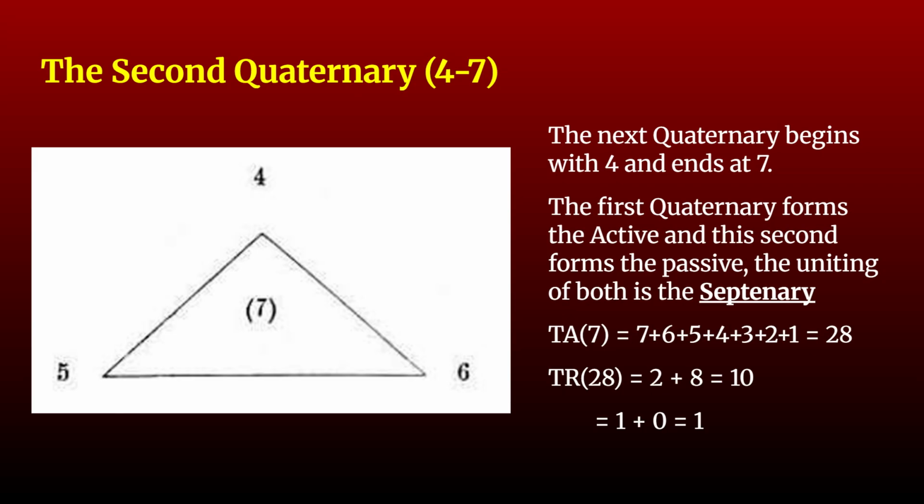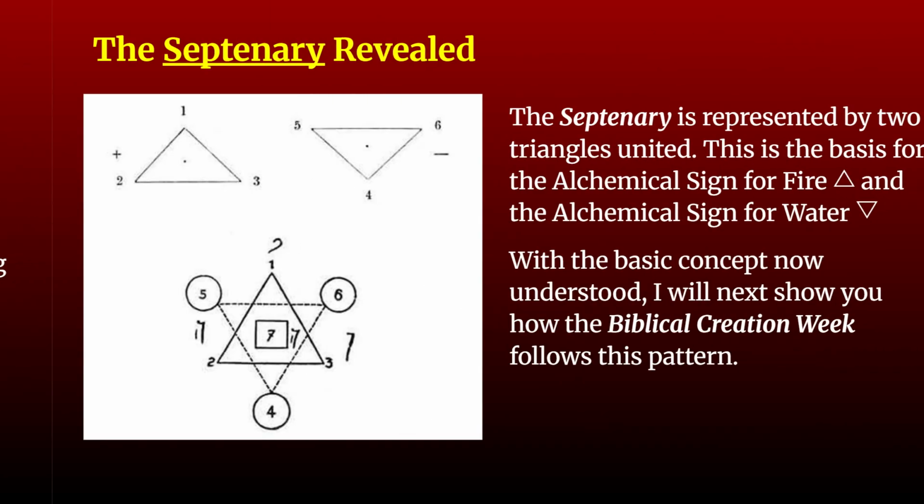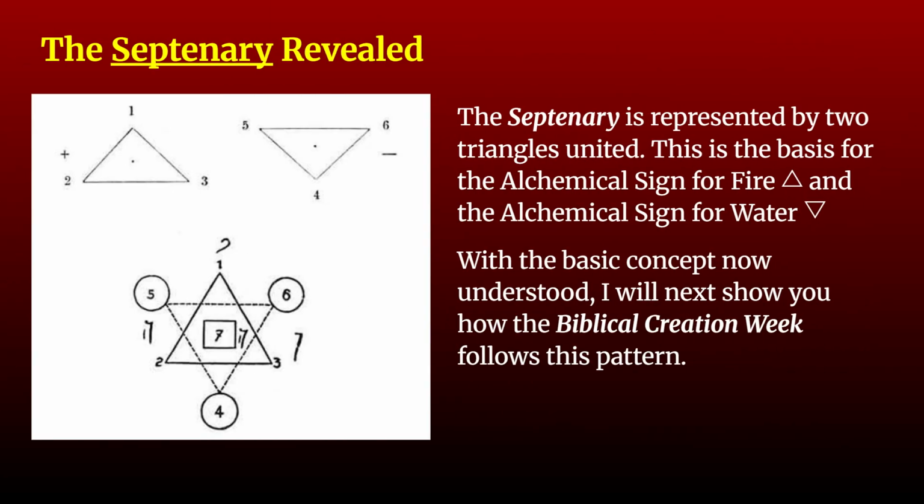I do want to say, though, the triangle is depicted upwards just for the sake of reading, but as you will see here, when these two join, the second, the passive, is placed upside down. The septenary is represented by two triangles united. This would,